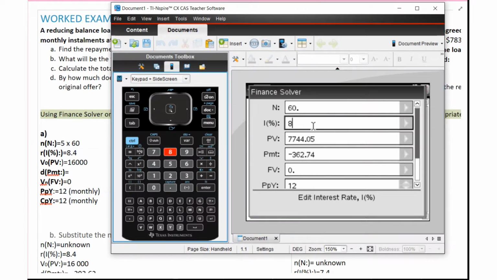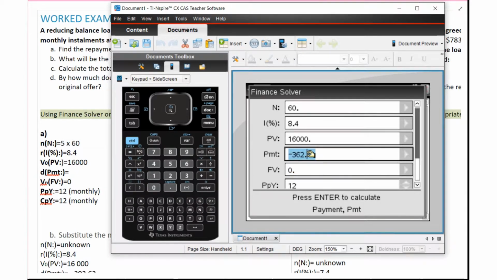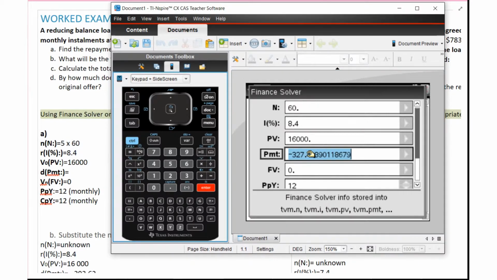Sometimes it doesn't like doing, yeah, there we go. 8.4. My principal value is 16 grand. I'm looking for my payments. I'm going to skip that. My final value is going to be there, so I actually need to go back here. I press enter, and I find that I get a value of